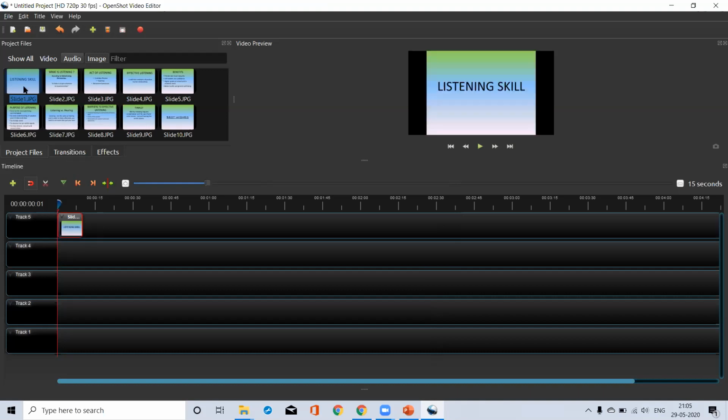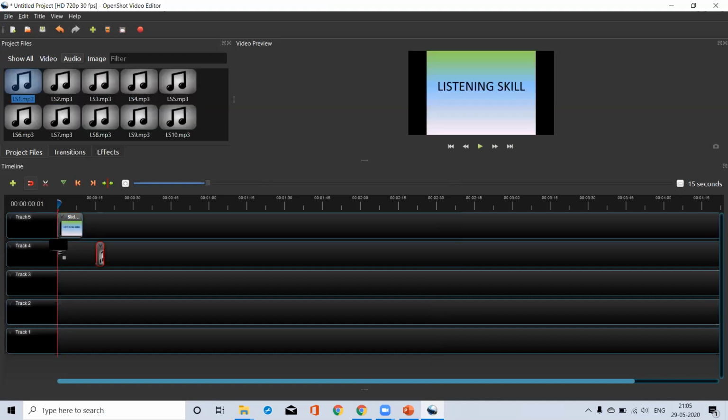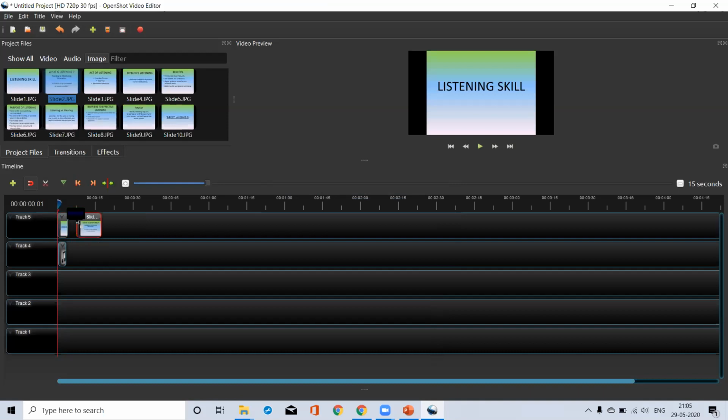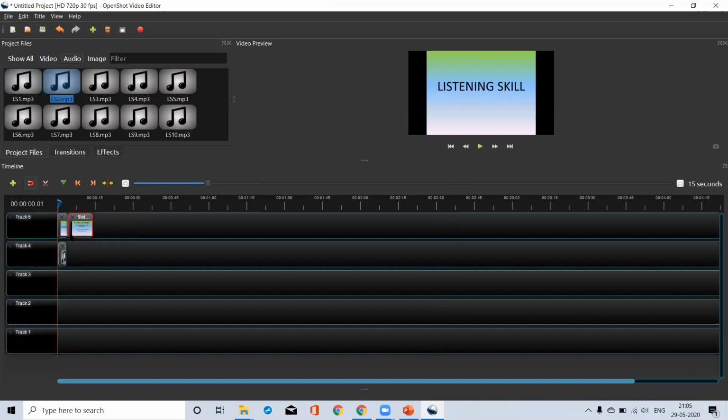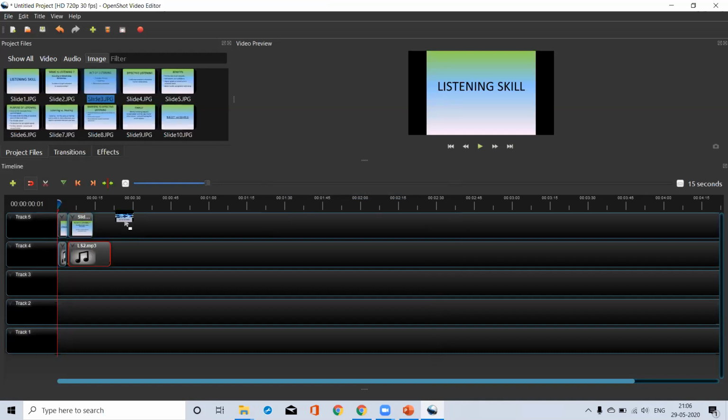The same way, I am adding the first audio file. I am adjusting this by simply clicking and dragging it to the same size. This way, we have to do for each and every image as well as our voiceover files.